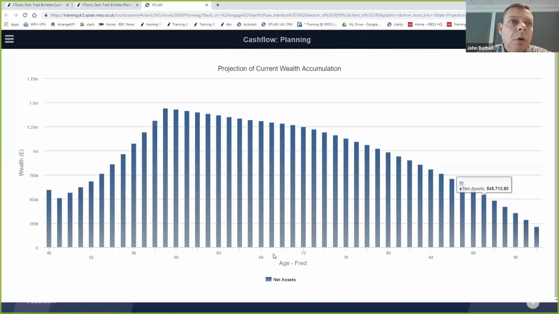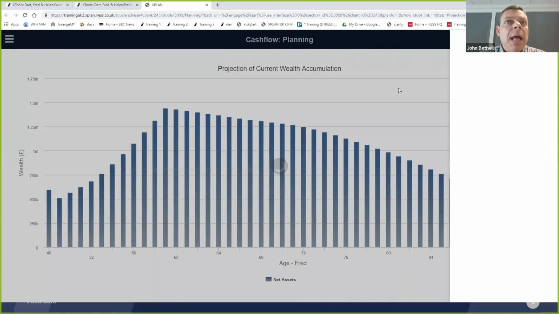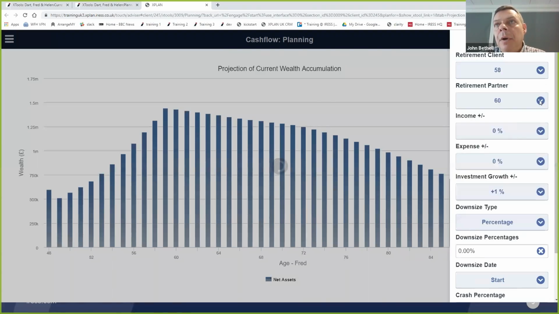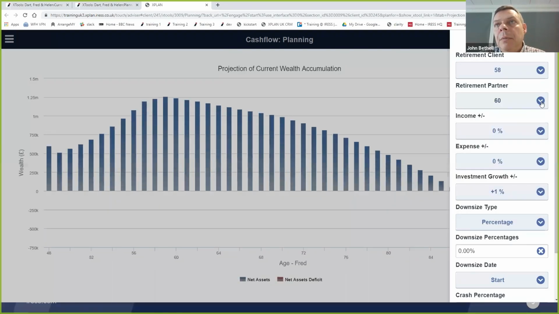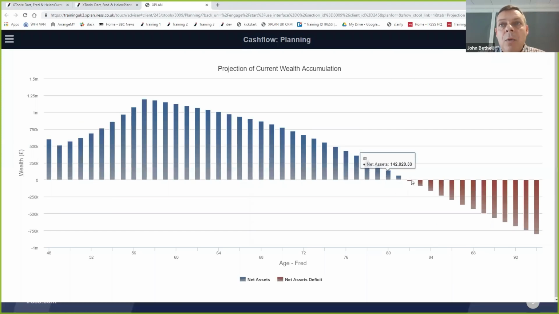So do you know what? Our clients might be saying to us, well, we're retiring at age 60, but what does that look like? This is what it looks like. We'd like to go earlier. Yeah, but with a setback, it's a bit tight at the end, but let's have a look. And so I can now start to really have those client personal discussions about how that works. And so maybe we might take them both retiring at age 58. And sure enough, that's as expected, brought us back quite considerably with the market setback. So that's looking quite difficult.